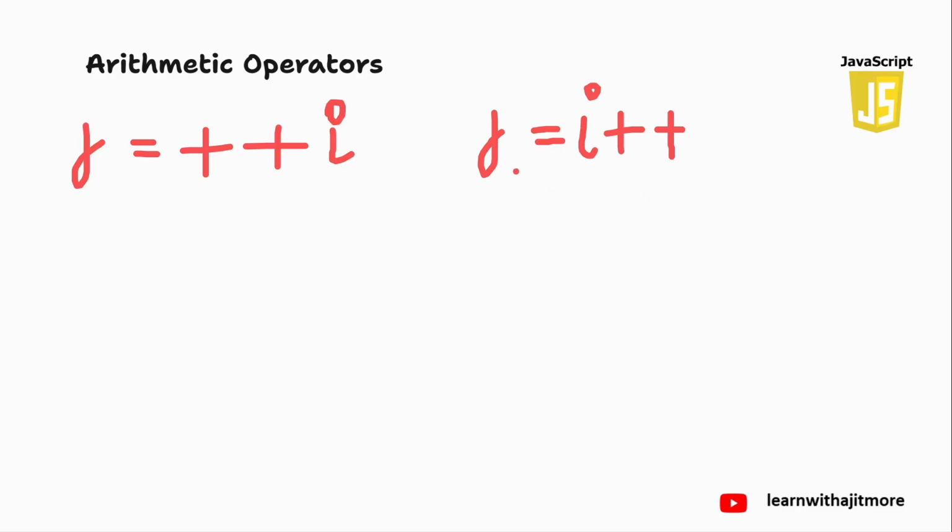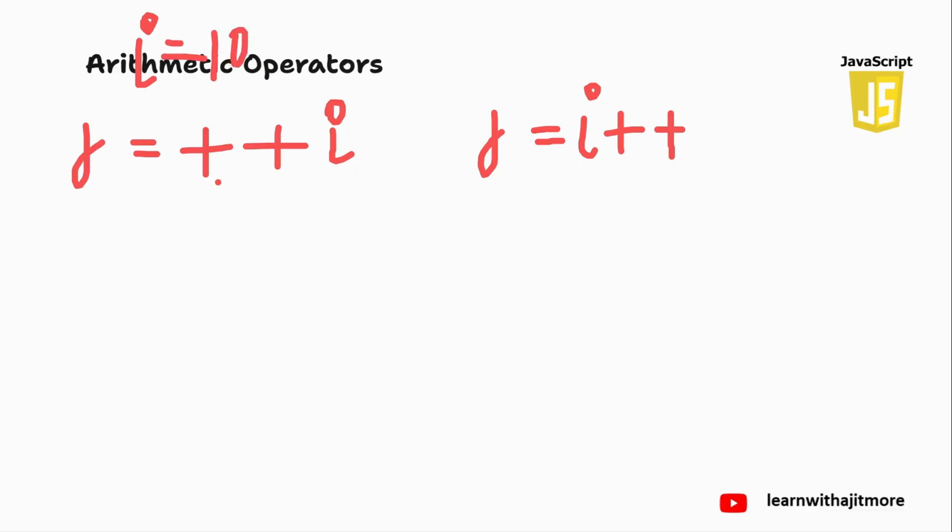तो व्हाट आई एम सेइंग, राइटिंग प्लस प्लस आई और आई प्लस प्लस अलोन, इंडिपेंडेंटली लिखा है, कुछ असाइनमेंट वगैरह नहीं किया है। नो इफेक्ट, बोथ आर वर्किंग सेम। क्यों? क्योंकि दोनों में साइड इफेक्ट क्या है? आई एक से बढ़ गया है। ठीक है? तो देखो, अगर j इक्वल टू प्लस प्लस आई लिखा एंड j इक्वल टू आई प्लस प्लस, दोनों का साइड इफेक्ट क्या है? आई एक से बढ़ गया।